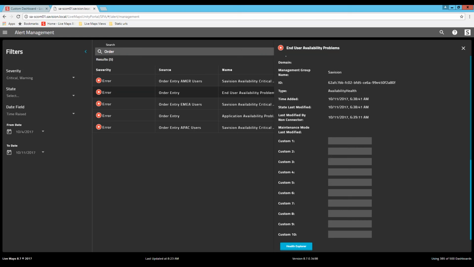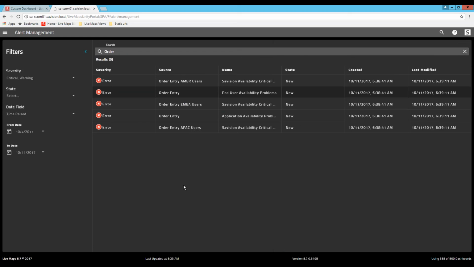And just like before, I can open up a Health Explorer to go from there. So we're really trying to bring more power to those people that need it as far as dealing with alerts, closing them out, things of that nature, searching for alerts. All right, so on to